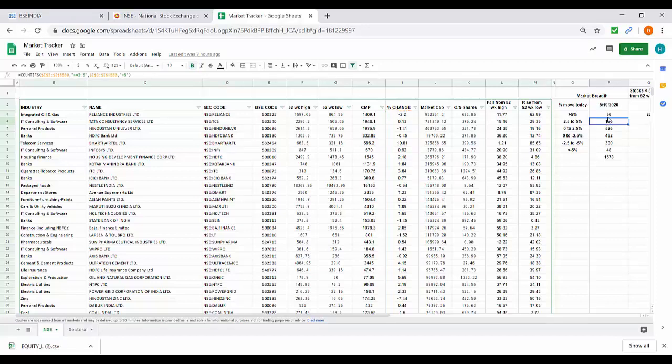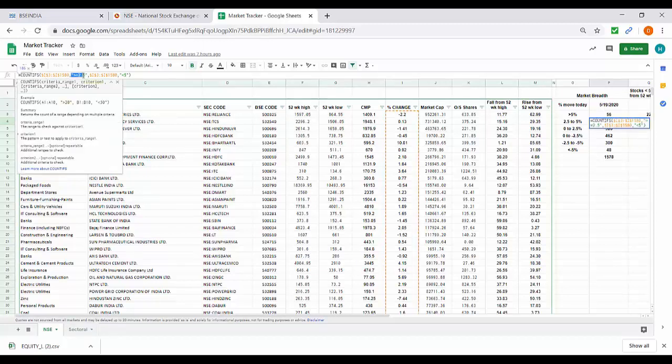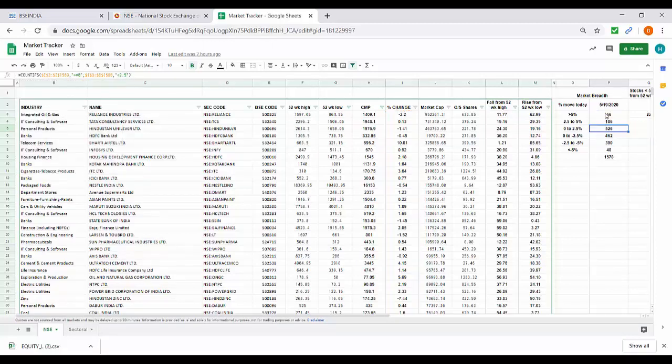This gives you the number of stocks which have moved more than 5% in a day. Similarly, when you have two or more conditions, the formula you use is COUNTIFS, and you put the two conditions, that is, more than 2.5% and less than 5%. This is how you get the number of stocks in the corresponding range.